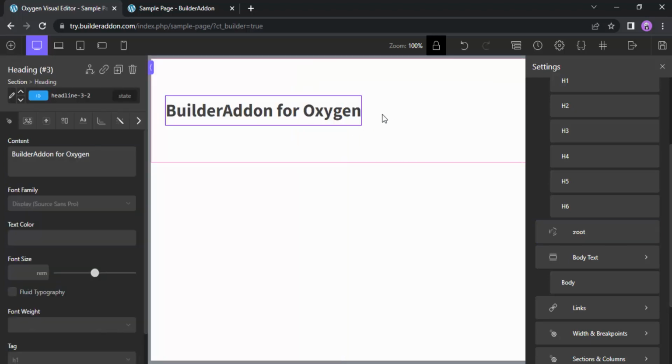And then if you go to this heading or any other element and set its color to var color primary, then you will see that the color has been changed to green. And this is how you can set all your CSS variables in one place and use them on your site. I'll reset it